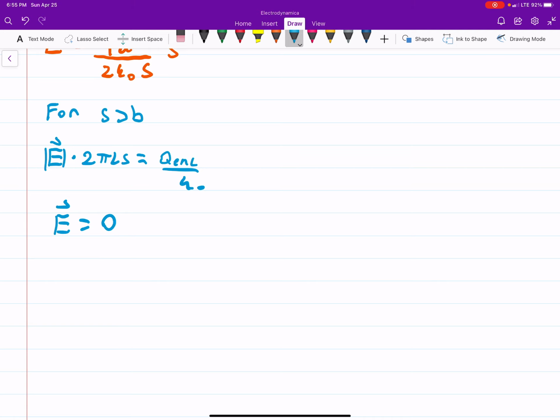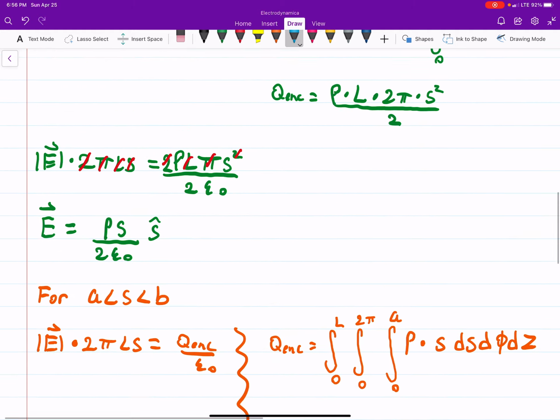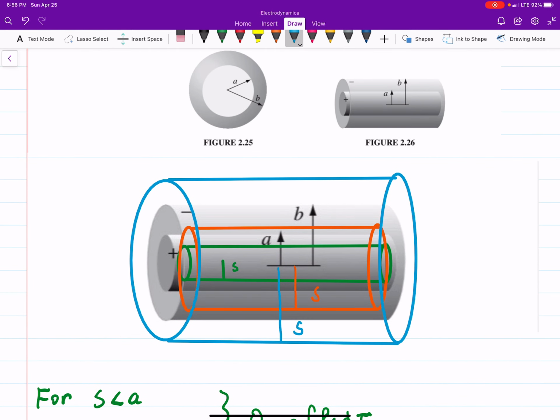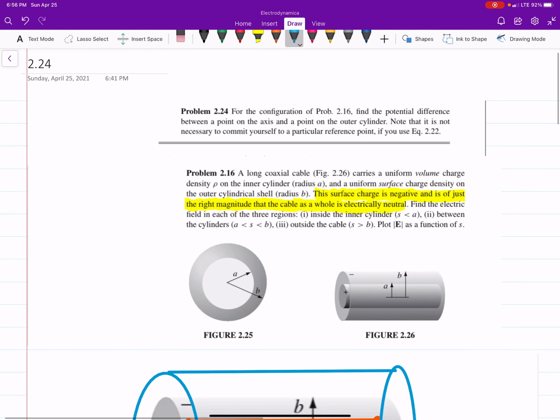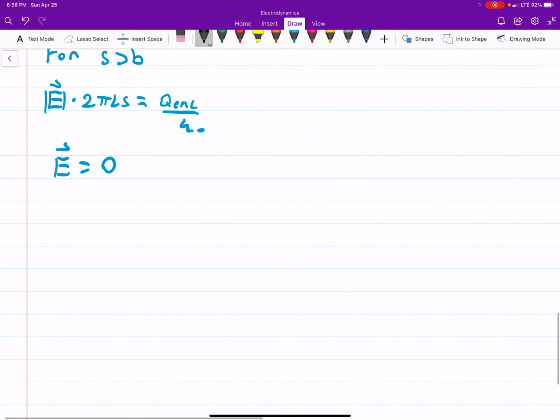And we actually didn't need that E field to solve this problem, but I went ahead and did it anyways because I figured it would be good practice. So that was that portion of the problem. The reason why we did that is because now it's pretty easy to find the potential. And I would say generally the rule of thumb is if it's easy to find the E field, in other words, if you can do Gauss's law, then find the E field to get the potential. So because we had that symmetry, we used Gauss's law to get the E field, and now we can find